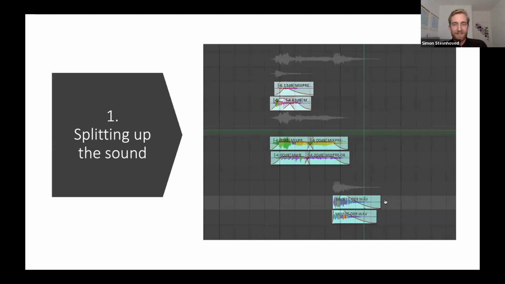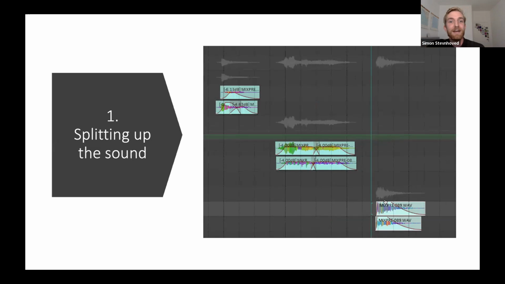Here is a picture from my DAW. I usually work in Reaper. This is how the sound looks when it's fixed length. Then I want to split it out into a starting sound, which in this case sounds like this. A little clunky.